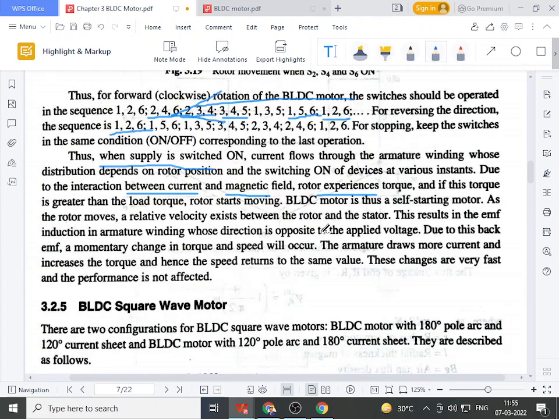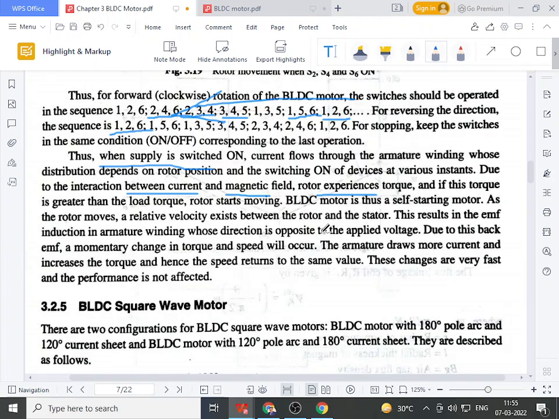See, whenever we connect a load on the shaft of a motor, for any motor, let's say DC motor, induction motor, synchronous motor, or any special purpose motor, there is a certain load connected to the shaft of the motor. The motor's shaft will have some load connected on it. So that load has some load torque. Whenever the torque developed by that motor is less than load torque, what will happen? The motor is not able to drive that load.